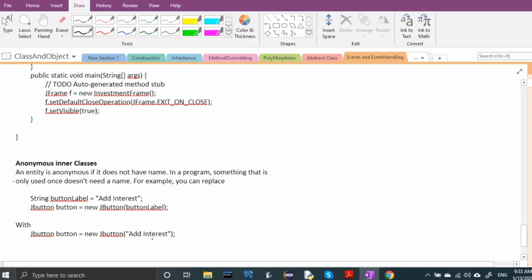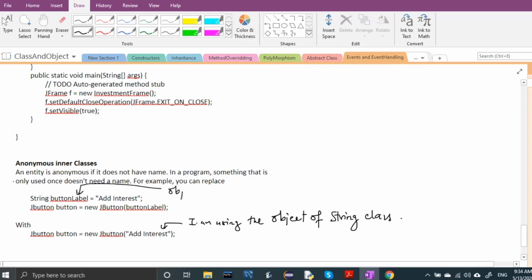Here I am using the object of String class, which I have not defined, right? The object I have not defined. But here I have defined the object. This is the object, right?